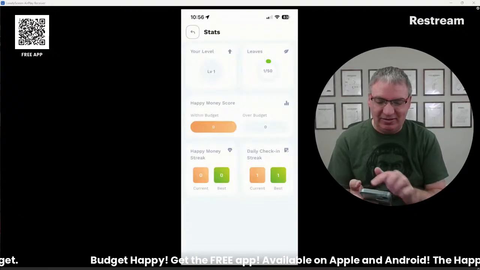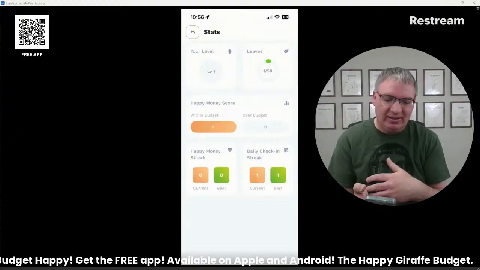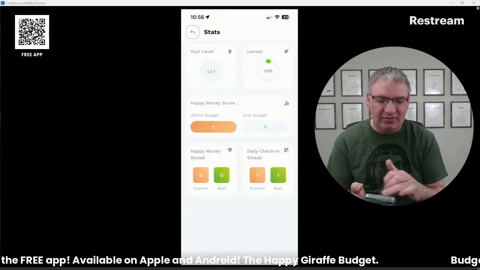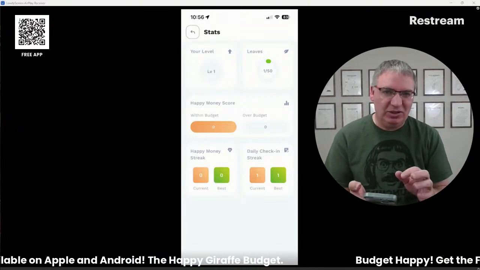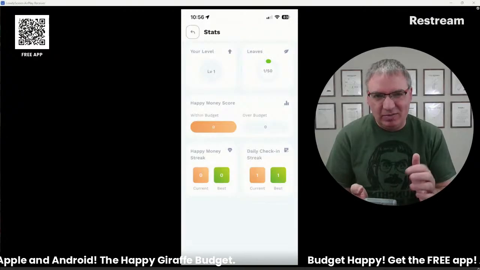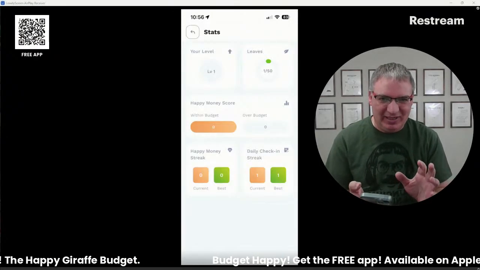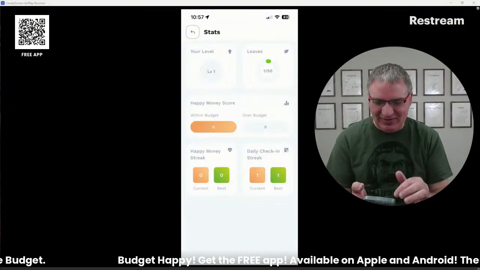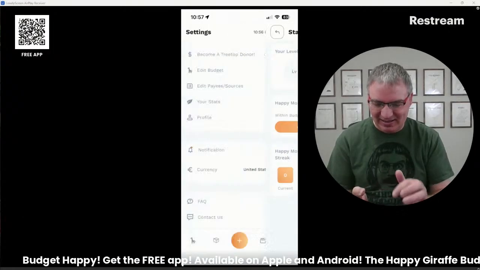It's always like, if you were within your budget 7 weeks, and then 1 week you weren't, it would just show 7 and 1. So it's not a horrible thing. You don't lose your number. So I like the score better than the streaks, just because it is easy to miss 1 day or 1 week and mess things up. So don't feel bad if your streak goes away. The score is a nicer one for you. And let's see what else is here.